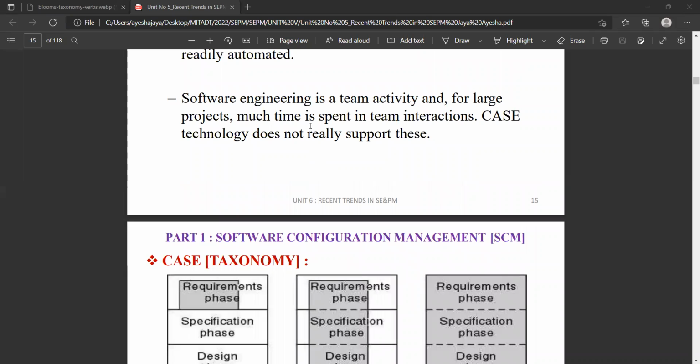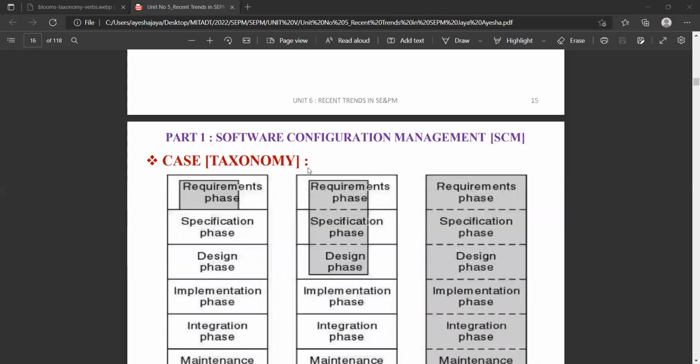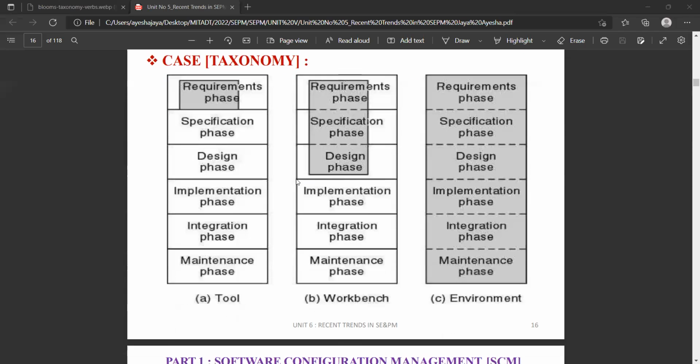Software engineering was not a part of CASE, but now in our agile technology and the recent trends in SCM, definitely it is a part. So what is the CASE taxonomy? It is the same as what we have for your SDLC, software development life cycle, but it is different for your tools, different for your workbench, and different for your environment. That's the only difference, but otherwise mostly the phases are the same, just a little bit of minor